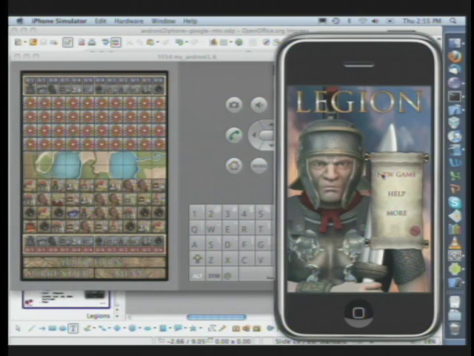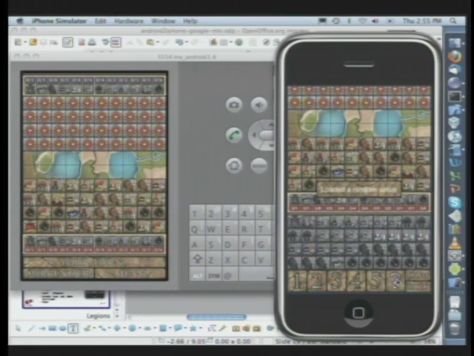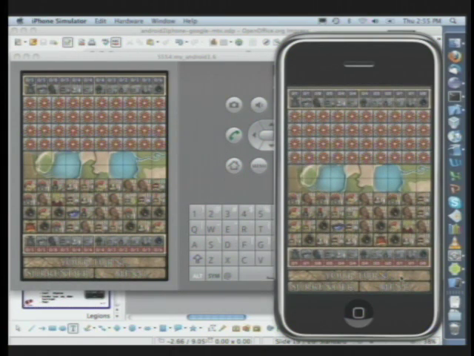Let me do the same thing here on the iPhone. Again, I have these hovering pieces with the zoom feature. I can place them manually if I want to. I can also pick the autofill feature. I can go back, I can say start game. Again, it scrolls down here.